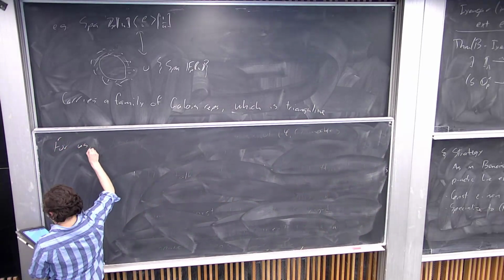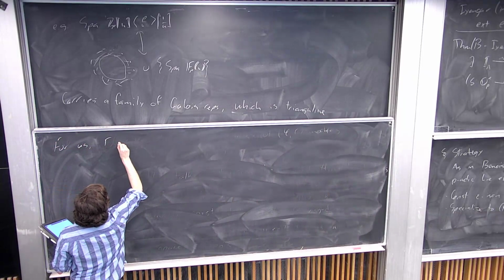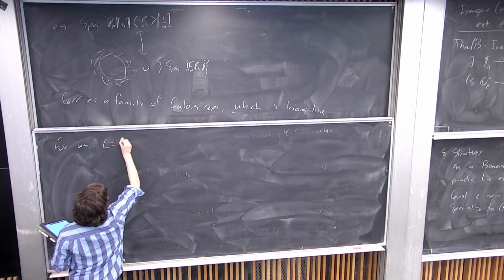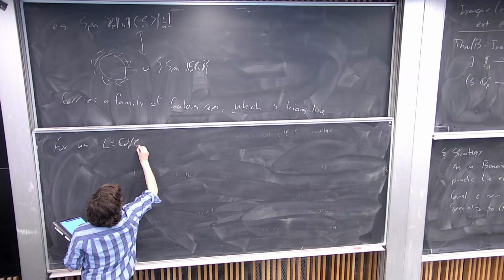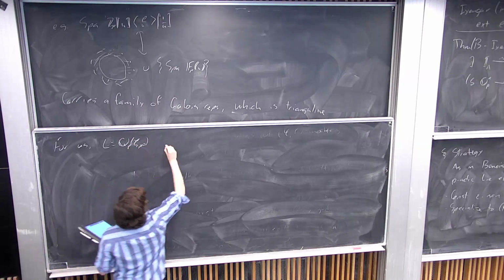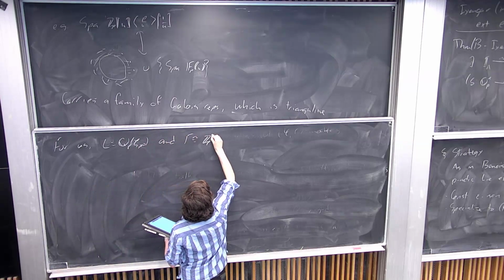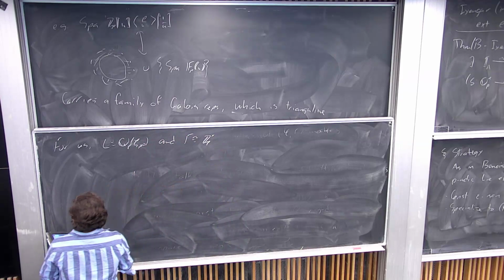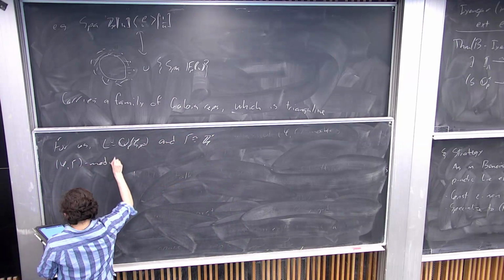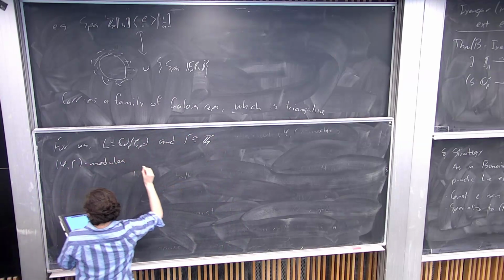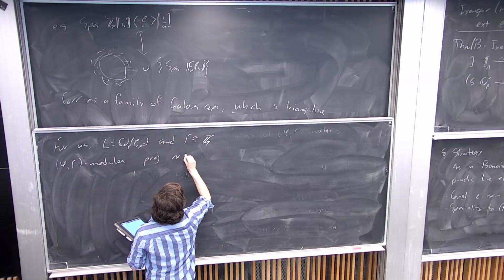So for us, gamma is going to correspond to a cyclotomic extension, and so gamma is going to be isomorphic to the units of ZP. So the gamma modules are going to be projective rank D